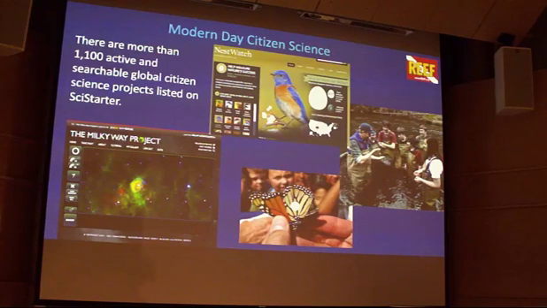There's also been a large coalescing of almost like matchmaking for people who are looking for citizen science. There's now websites you can go and put in your interests and find a citizen science program that might be good for you. There's also websites that are allowing people, if you want to start your own and you don't have the resources to build a database or find the volunteers, it allows you to basically plug and play and create an online form that you can then use. So really interesting things have been happening.